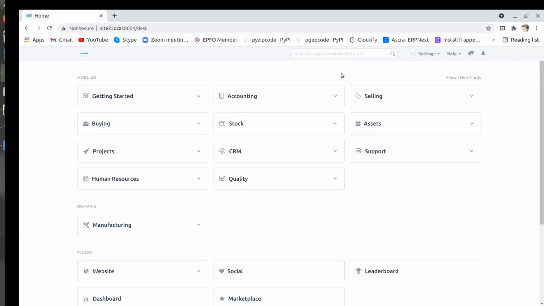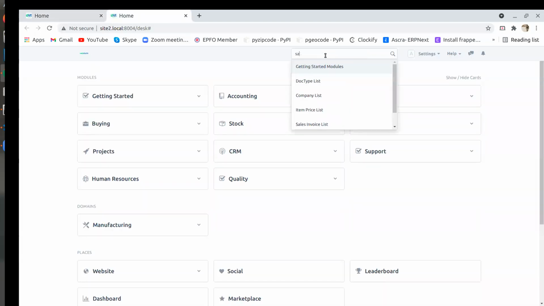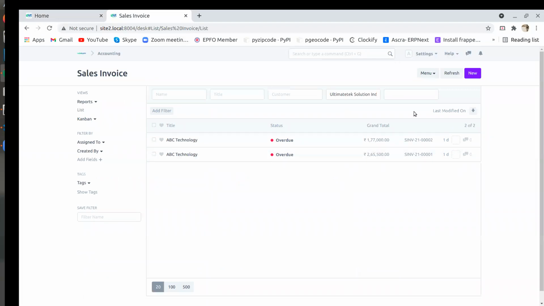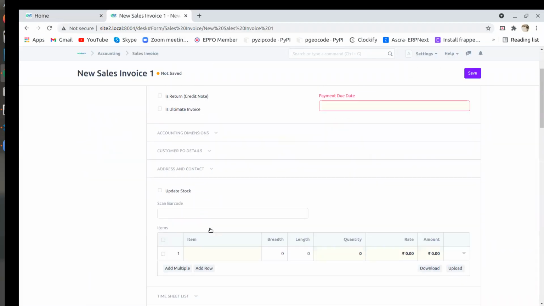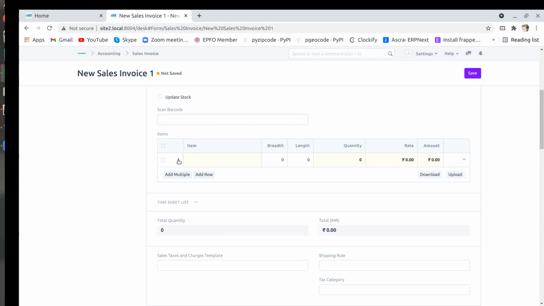Let me open the Sales Invoice screen. Here you can see this is the main screen. The whole thing is the main screen, and this is the child table screen.